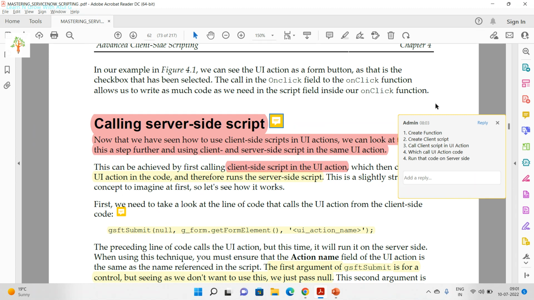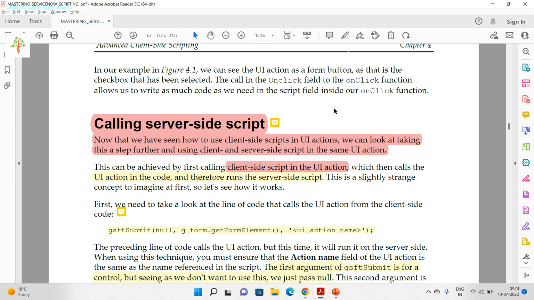So what it says: create a function, create a client script, call the client script in the UI action, which calls the UI action code, and finally run the code on the server side. Let's discuss these 5 points, because in the upcoming paragraph, only these things have been mentioned. What it's saying, now that we have seen how to use the client-side script in the UI action,